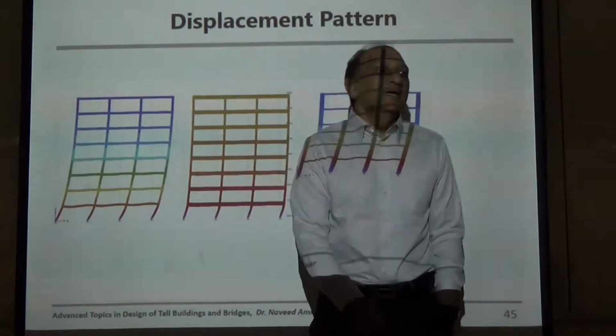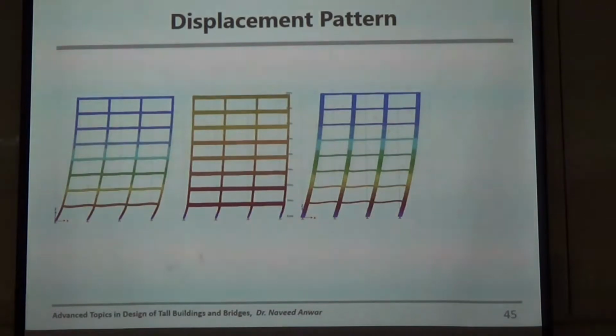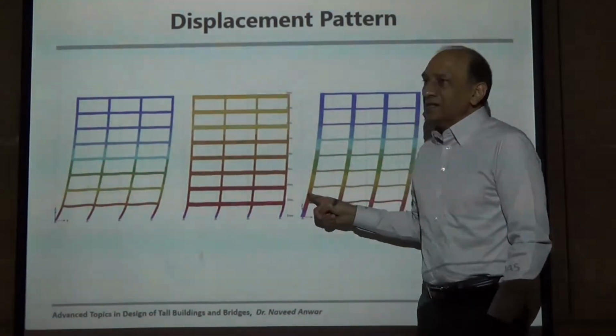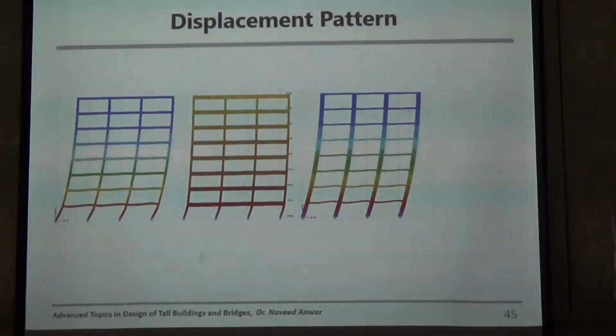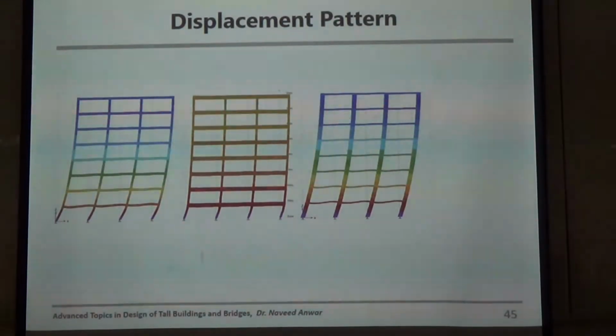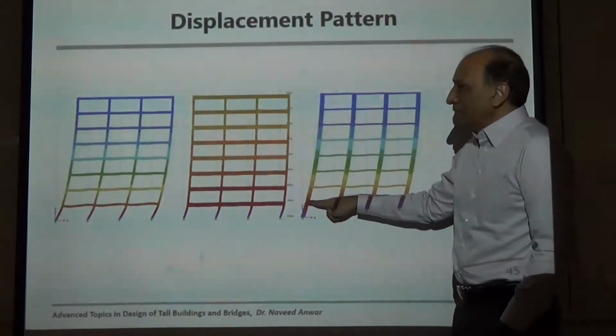We do not want weak columns and strong beams, because if a failure occurs in a column, then the whole building can collapse. What we really want is a behavior of this kind, where the columns are stronger than the beams, so that the failure initiates in the beams,